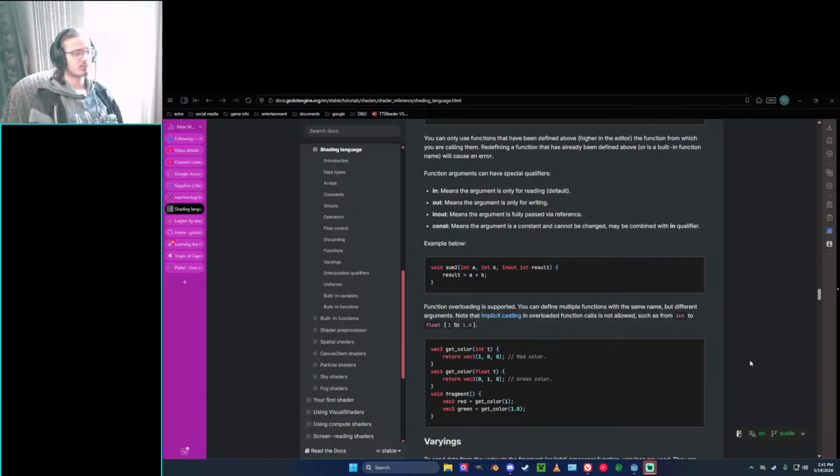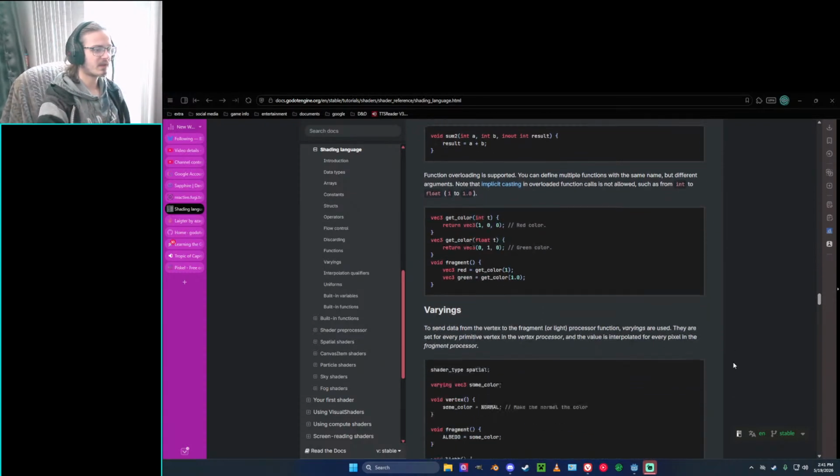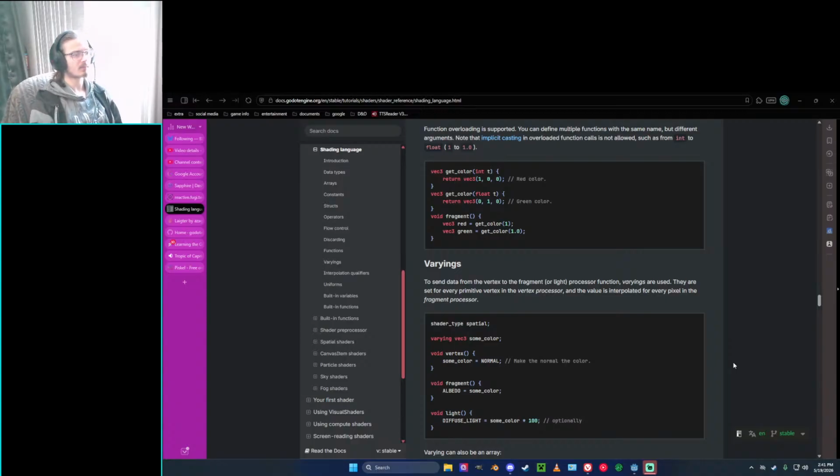Function overloading is supported. You can define multiple functions with the same name, but different arguments. Note that implicit casting in overloaded function calls is not allowed, such as from int to float, 1 to 1.0. vec3 get_color(int t) { return vec3(1, 0, 0); // red color } vec3 get_color(float t) { return vec3(0, 1, 0); // green color } void fragment() { vec3 red = get_color(1); vec3 green = get_color(1.0); }